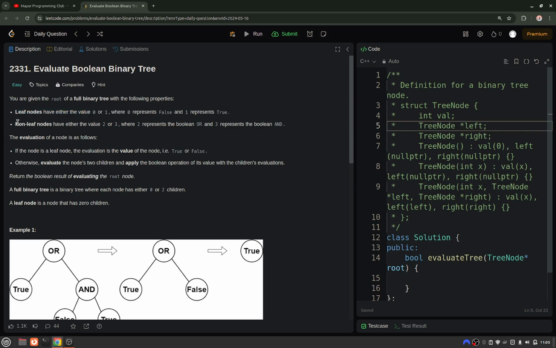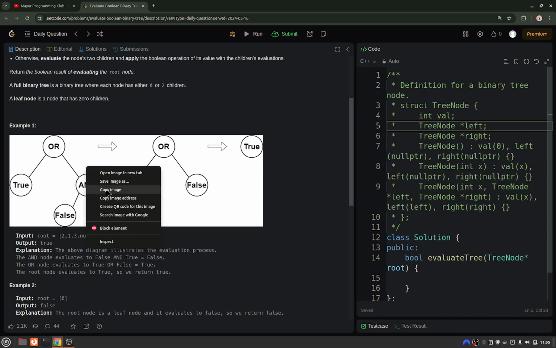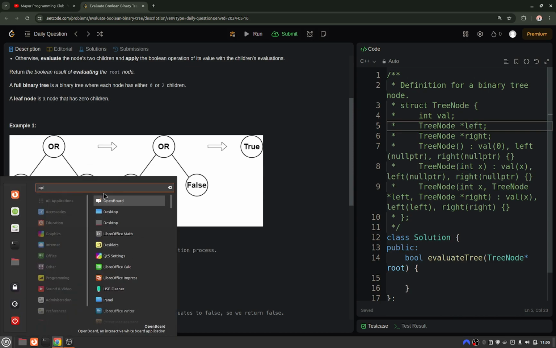Non-leaf nodes will have one of two values, 2 or 3. 2 represents an OR operation, in the sense that you have to OR the values that you are getting from its children. And 3 means you have to AND the values that you are getting from its children. So if we take this particular example 1 to the board,